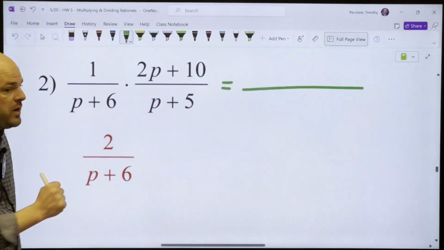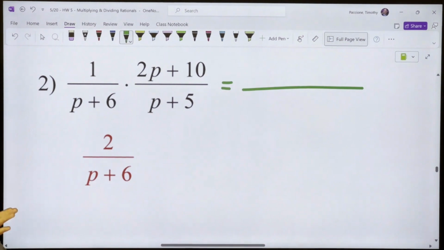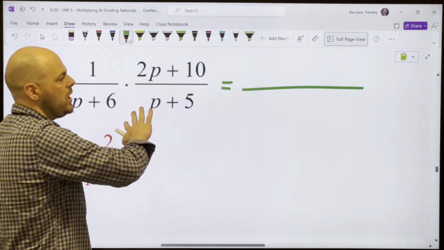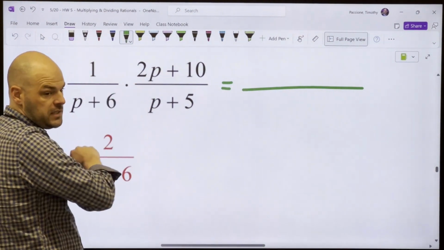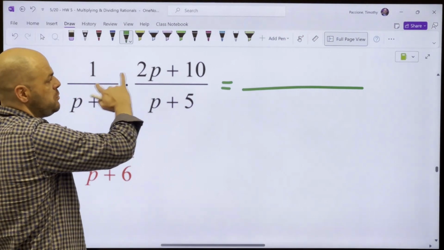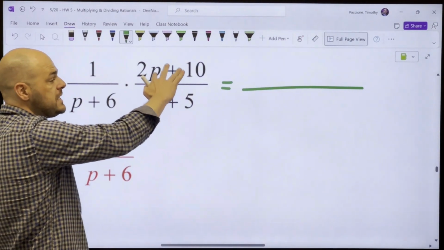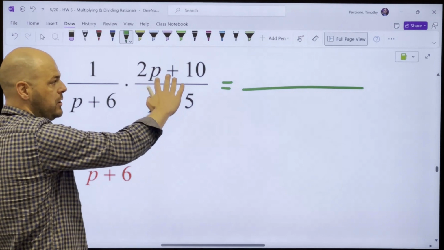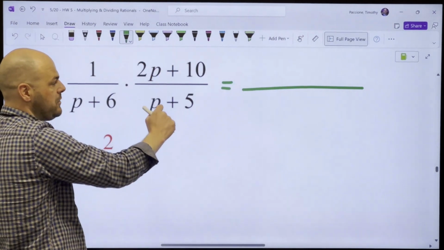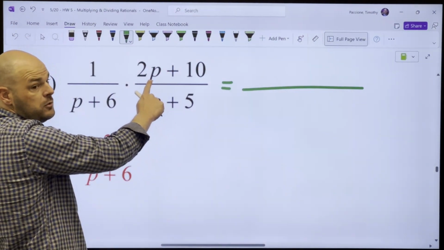You think about what you can break everything apart into, one piece at a time. Now, if you have a 1, you can almost ignore it because 1 times anything is itself. So here, I'm just worried about this part. Now, this isn't a number I can break down. It's a polynomial. I break that down by factoring. In this case, I can break it down by,